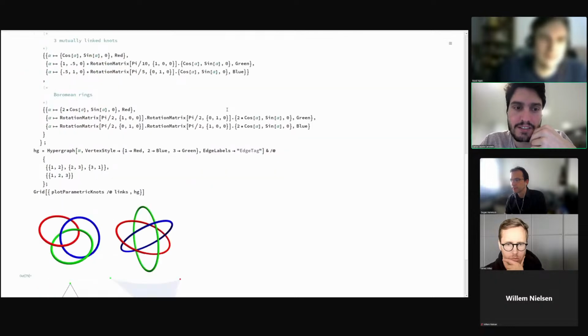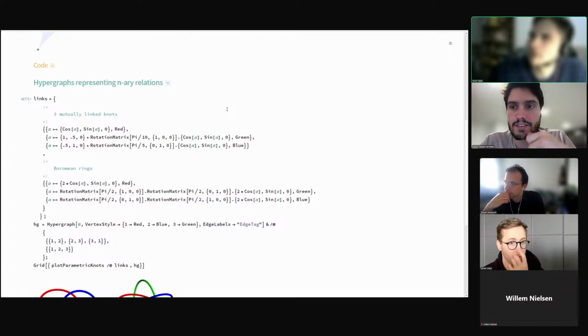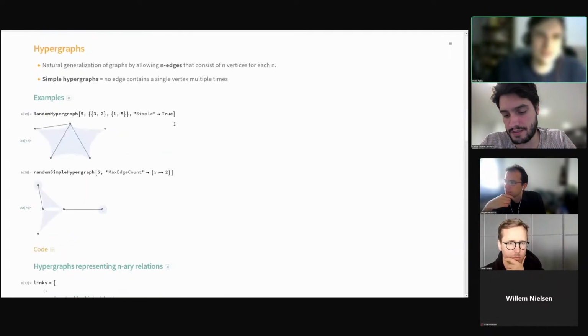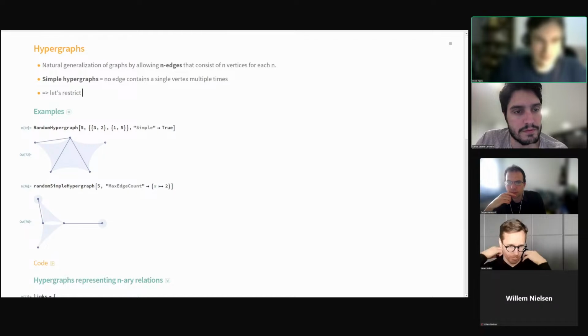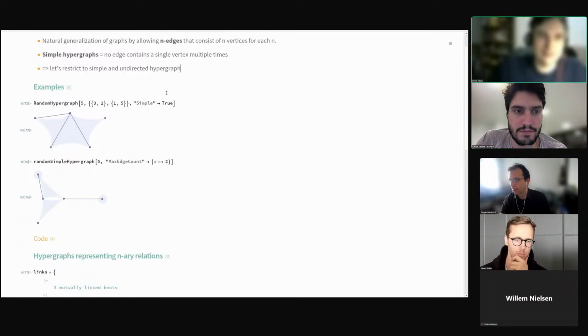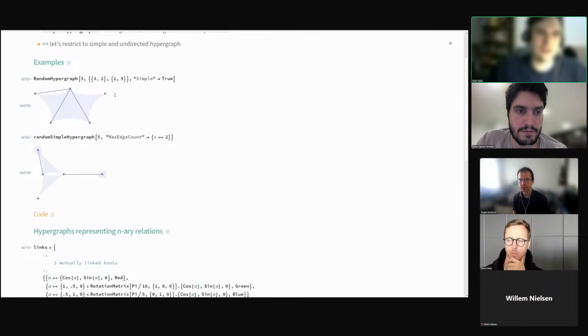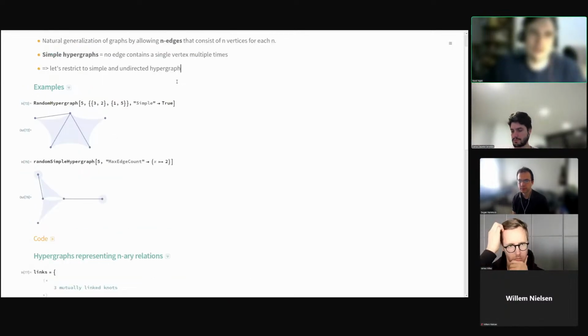Simple undirected, right? Not necessarily. Although simple is a question, I would say let's restrict to simple and undirected hypergraphs. For those who are seeing it for the first time, undirected is about having an orientation on the vertices in each edge. Now no edge has an orientation, so all edges can be mapped onto each other by any permutation.